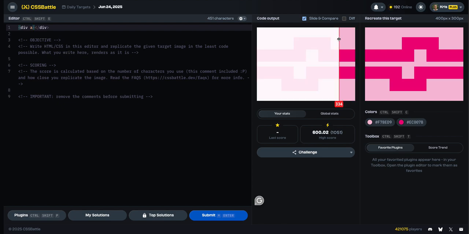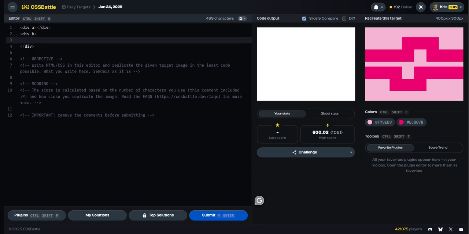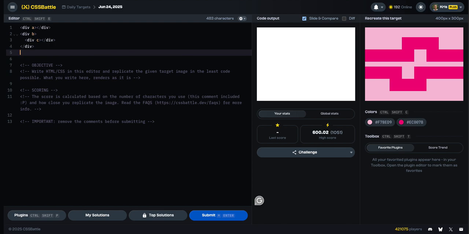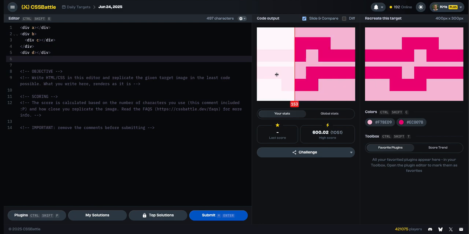All right, so there's A, that's this first rectangle up here. We're just going to copy that. And then this is this rectangle here. We're going to make that B. And then we're going to put that little pink box in the middle. We're going to call that C. And now here's that thin, light pink line in the middle there. We're going to call this one D, and then we're going to do this next rectangle here,